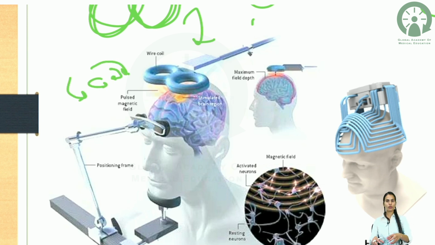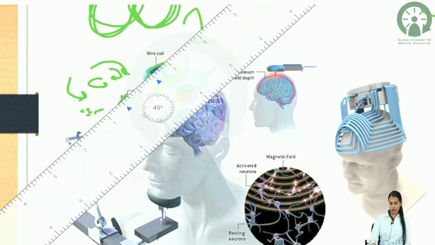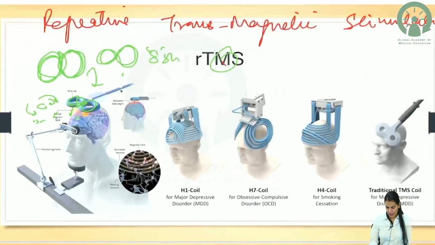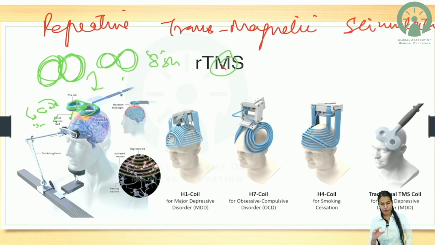This would locally produce eddy currents inside the coil and produce a magnetic field, which in turn changes the electrical activity and the blood flow in the brain, and it causes some chemical and electrical stimulation inside the brain. So magnetic stimulation is used to produce neurophysiological changes inside our brain. Because of the change in the size and shape of the coil, different depths of the brain can be reached.